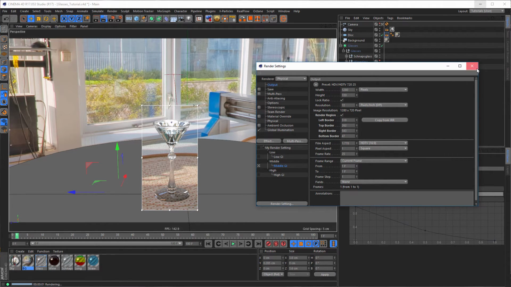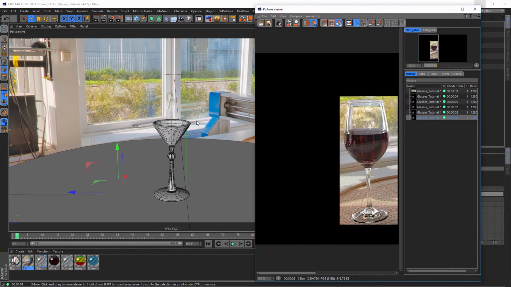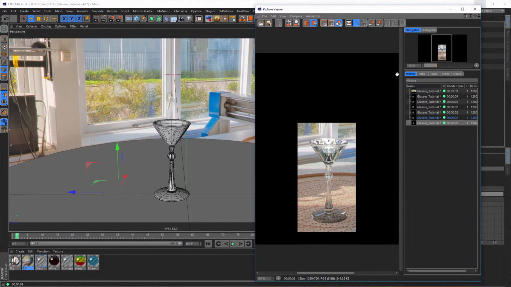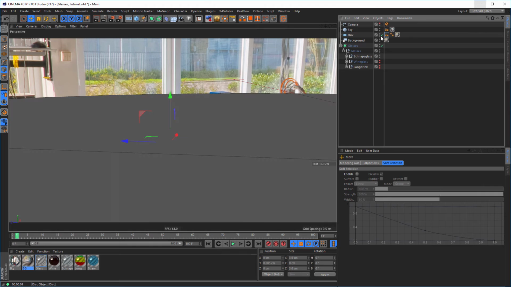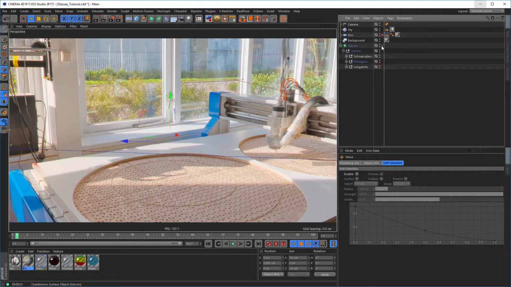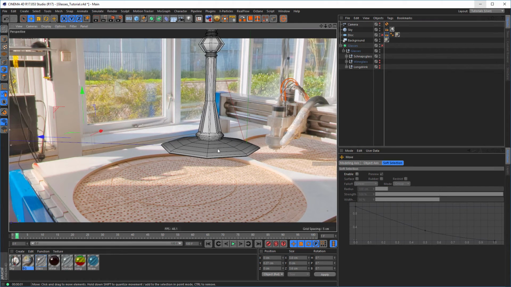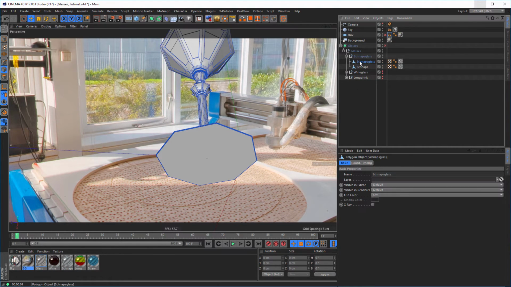Okay. Now we can deactivate it here. This should now render just our schnapps glass. Let's see if we are right. Yes. And now out of our camera, disable the disk, disable our subdivision surface, go to the bottom here, schnapps glass,